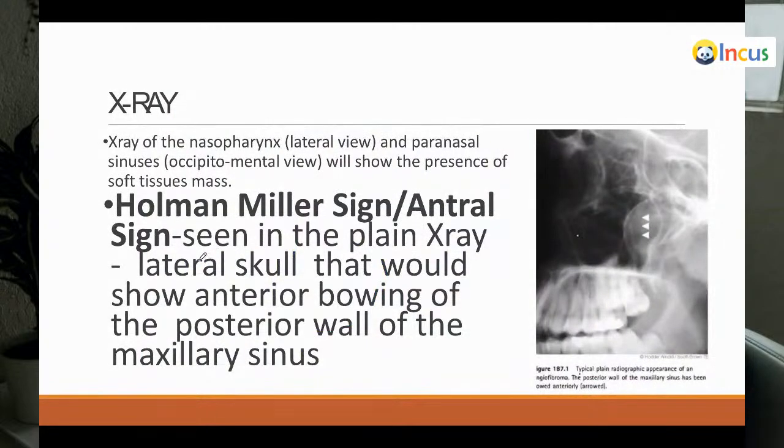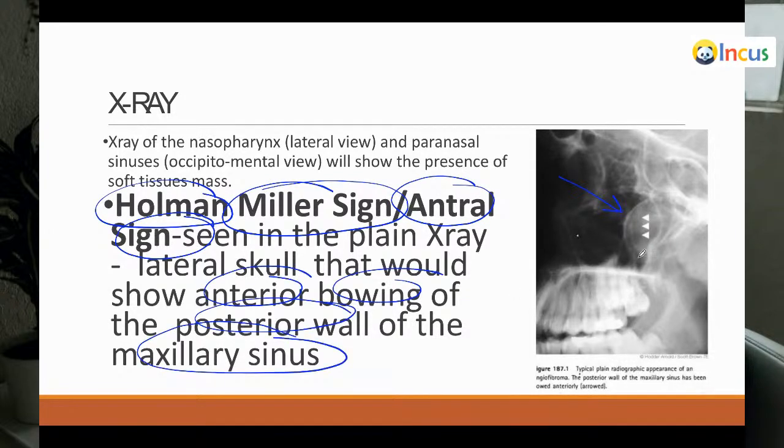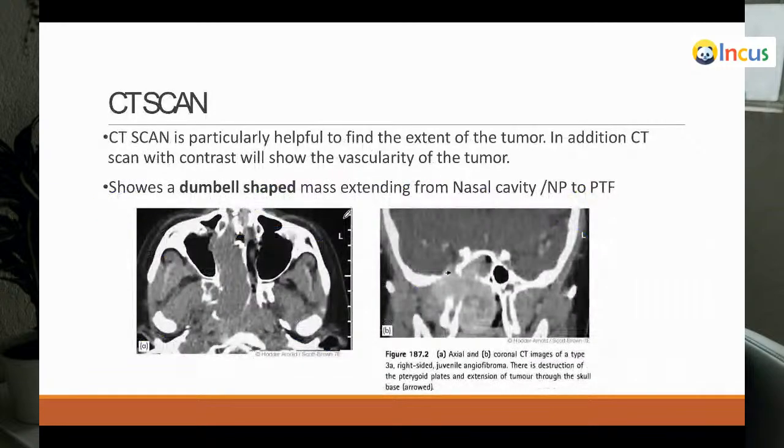If you do the X-ray, what is the classical feature? Hohmann-Miller sign, which is also called antral sign. It is seen in the plain X-ray, where there is an antral bowing of the posterior wall of the maxillary sinus, which is called Hohmann-Miller sign, and is what you should remember. And CT scan, especially in juvenile nasopharyngeal angiofibroma, helps you to find the extent of